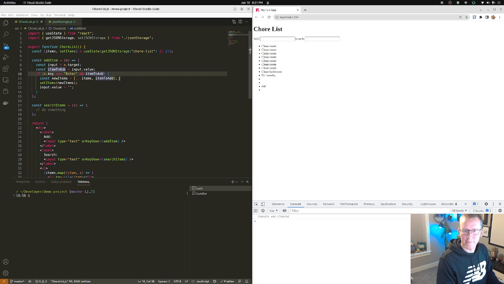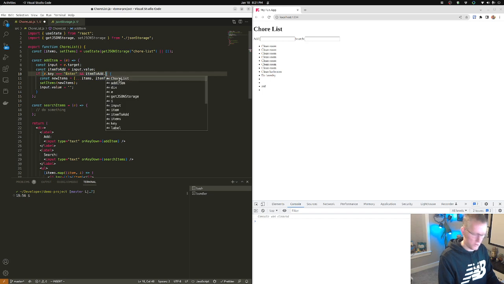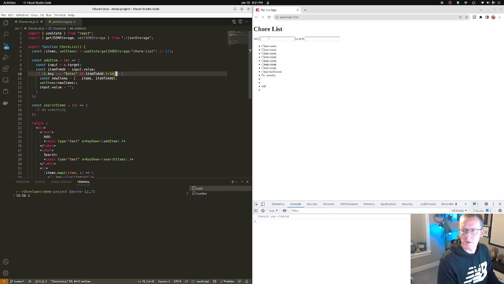to the array. Okay, so we can get around that by doing dot trim. Right? Is that right? I think that's right. We'll see if it's right. What trim does is it's going to strip all your white spaces on both the right and the left side of it, okay? And then it's going to add it, okay? So if I hit that and hit enter, now that probably isn't the best place to do it,